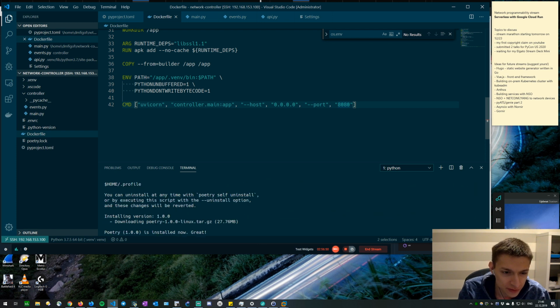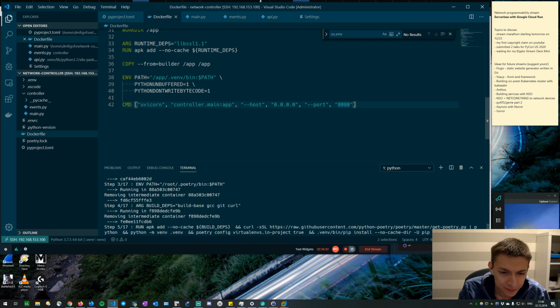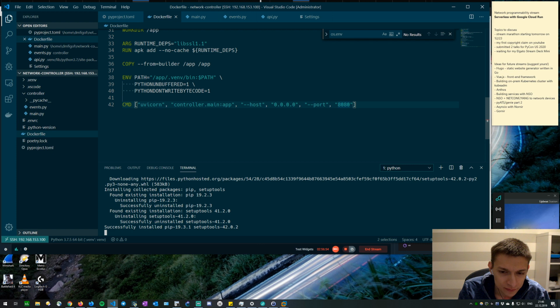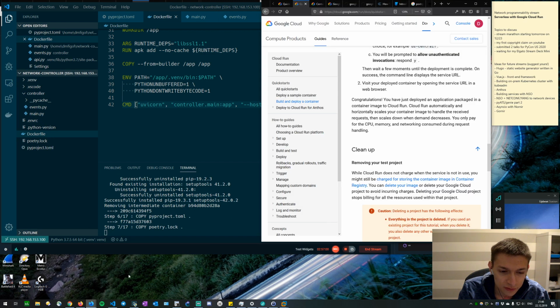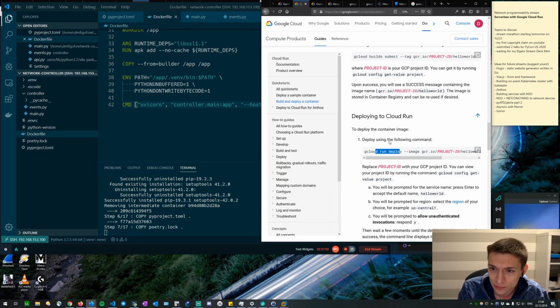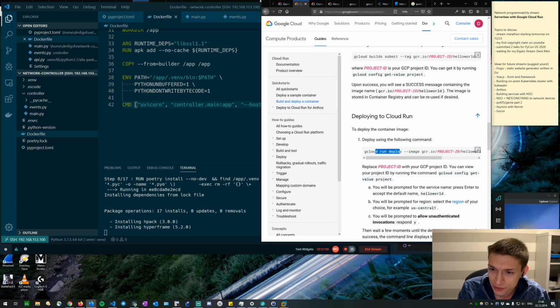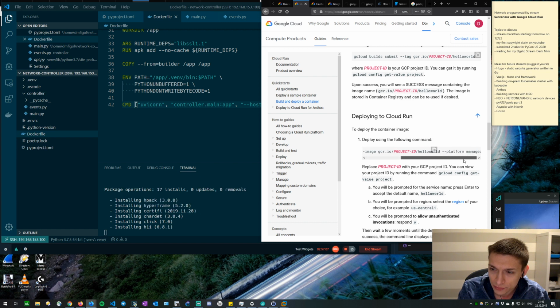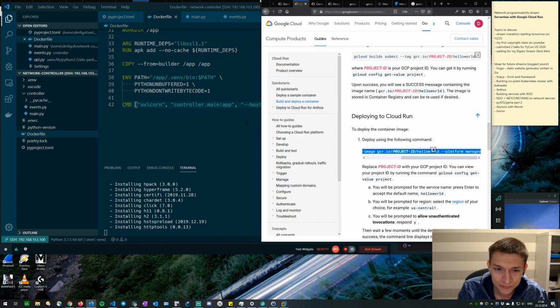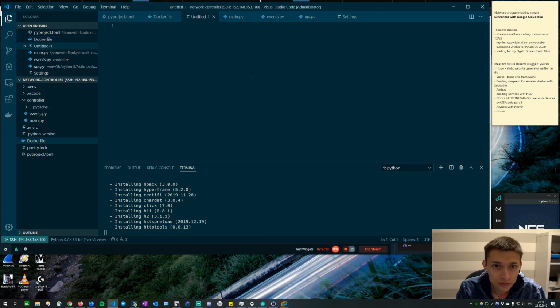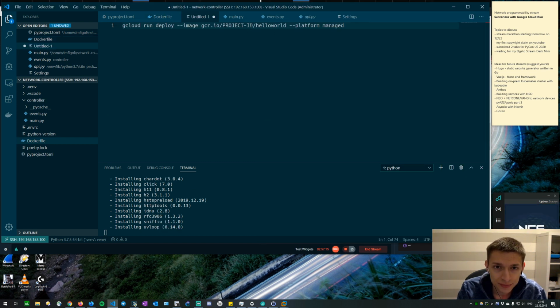So this really takes a long time, to be honest. But we are very close, right? So okay, I will need gcloud run deploy. I will need to put my image name. Let's actually prepare this. So this should be